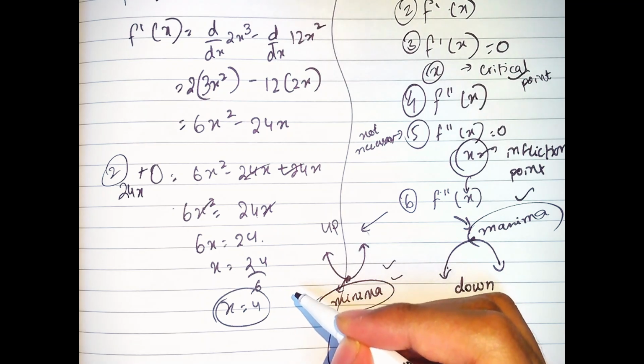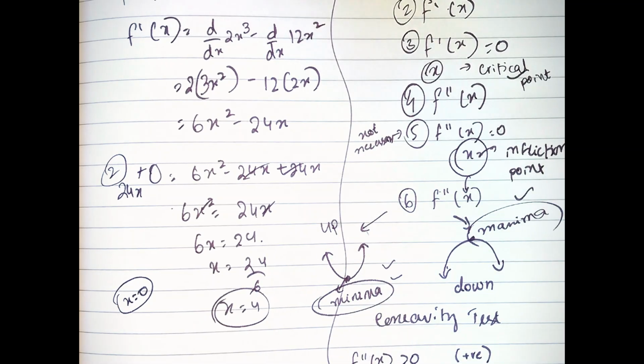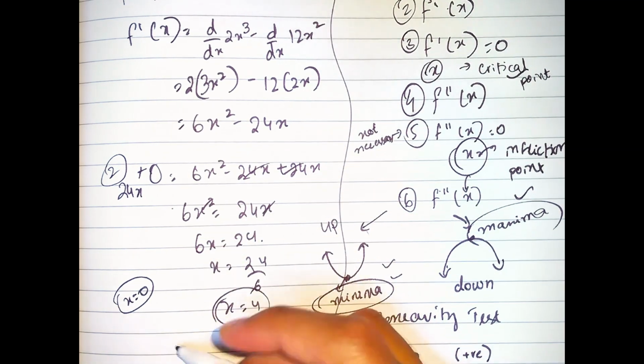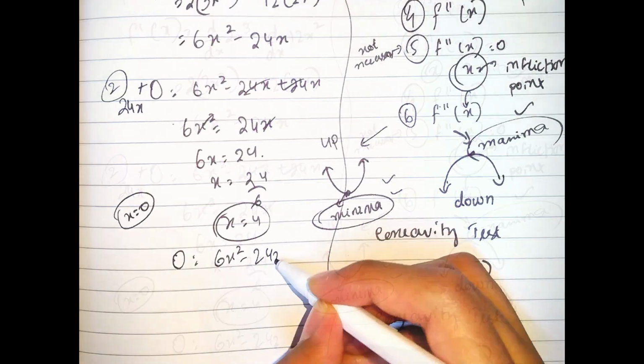This is the critical point. Now another obvious value of x is 0. This is an obvious value of x. Why? Let me tell you. If we just simplify this function as 0 is equal to 6x squared minus 24x, we can see that the